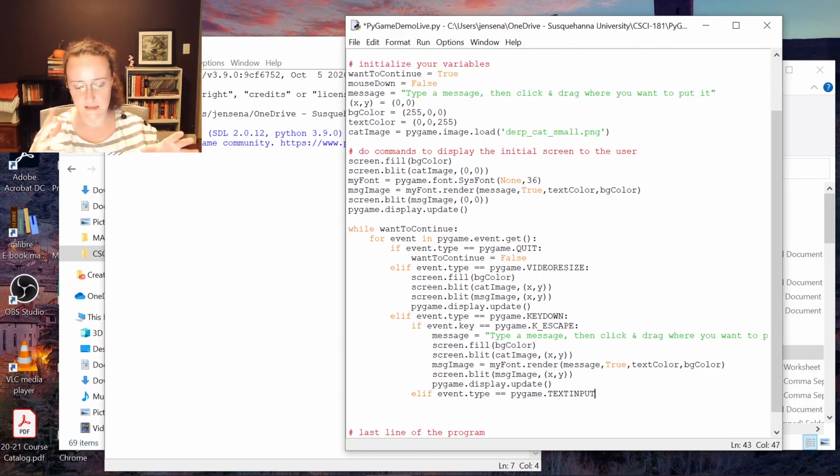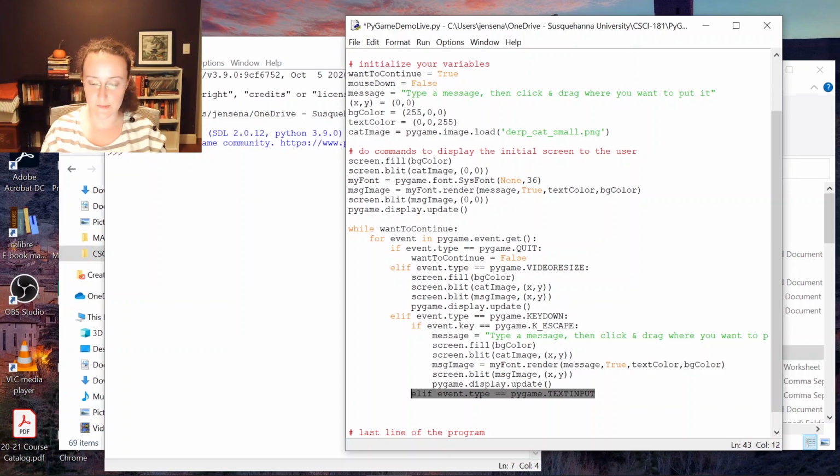Similarly, like the arrow keys, there's no text associated with those. So now that I know that they've pressed a key, I also want to check if it is the type of key that I can get some text from, like a letter or a space or some punctuation. So I'm going to check that. And then if that is true,